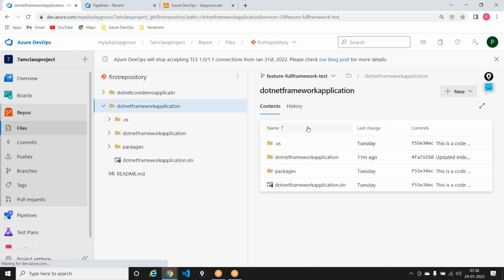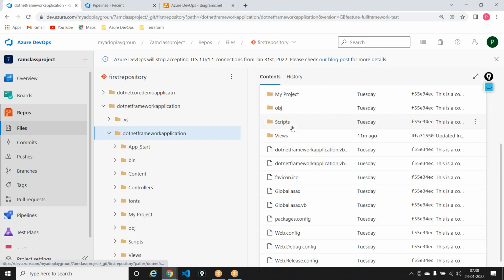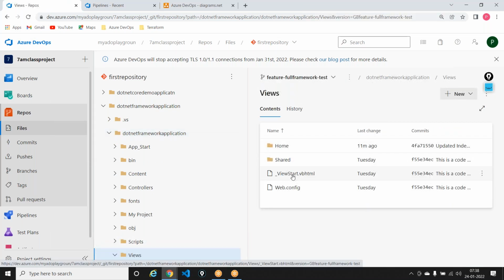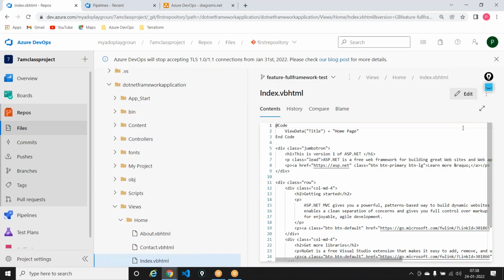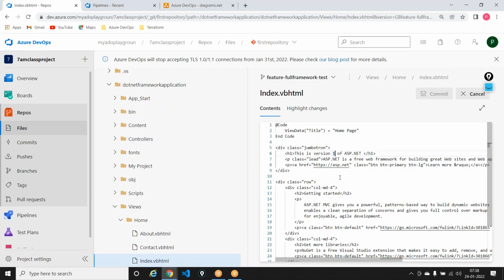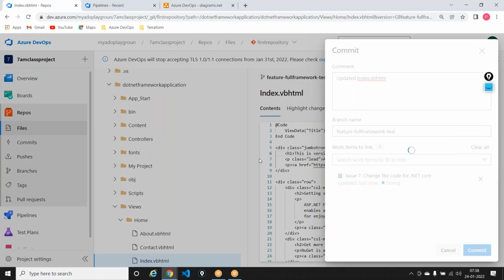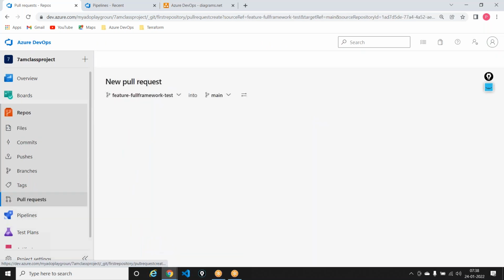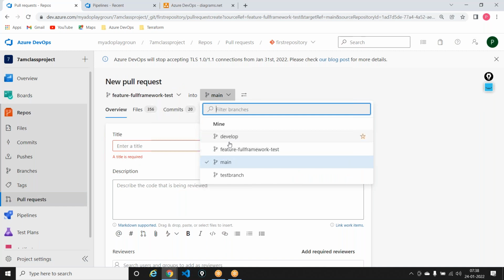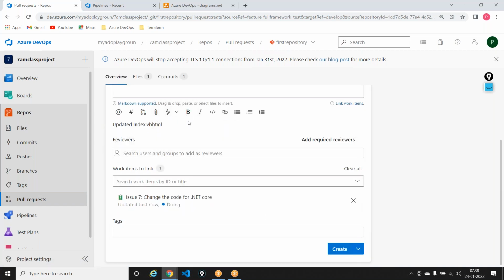and in here I will go ahead and say, let's say views, and I'll say home, and then index.vbhtml, and I'll say this is version 2 of the ASP.NET application. Save this out, comment it out, and now I'll go ahead and raise a pull request into the develop branch, and I'll say okay, fine, go ahead and create this out,